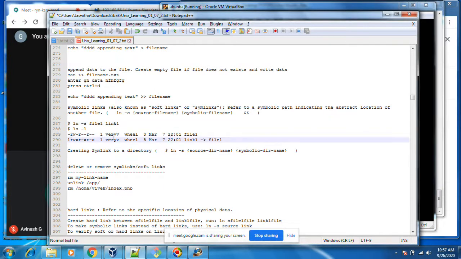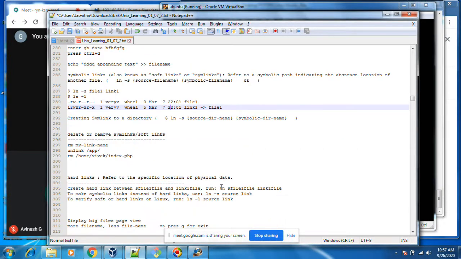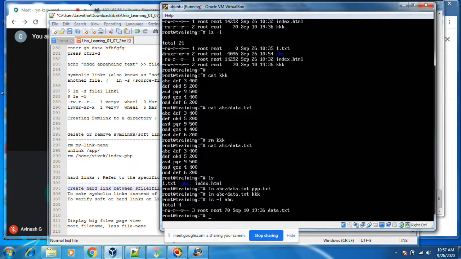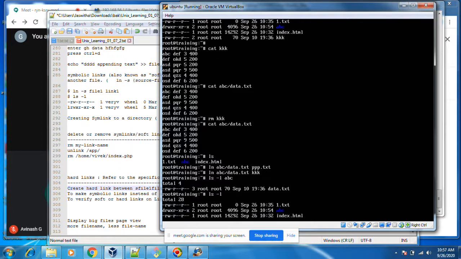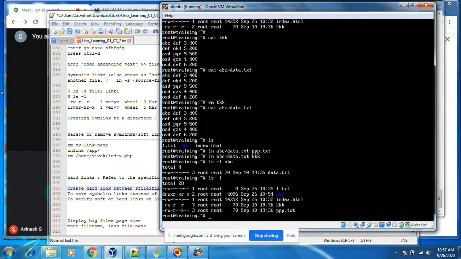Okay, let's see. Hard link also I have created with ln. If I give hyphen s it will create a soft link. If you give it directly without it, it will be a hard link. Let's open the hard link. What I did, abc ppp.txt.